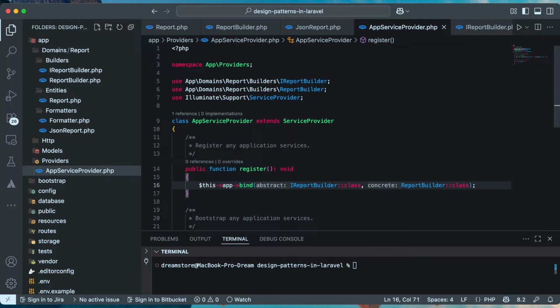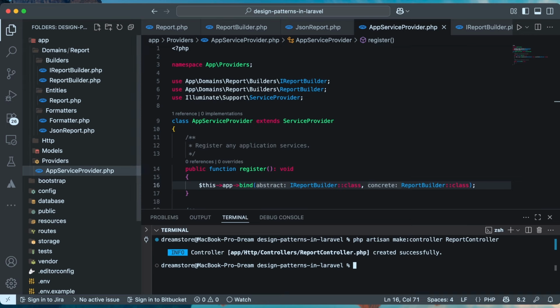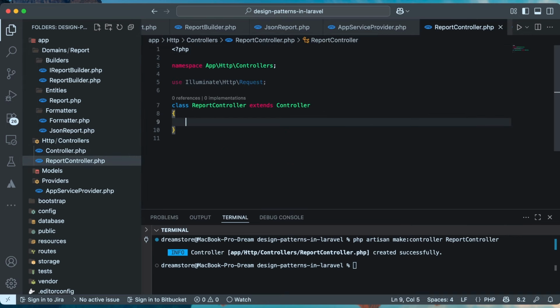That's really important because it's service container, and in some cases it works automatically when you, for example, put it in a constructor of your class or something like that. Great. Now I think it's time to create finally work controller that we're going to use to test all the stuff. So I will name this report controller. Great. Let's go to HTTP report controller, and now we need to define